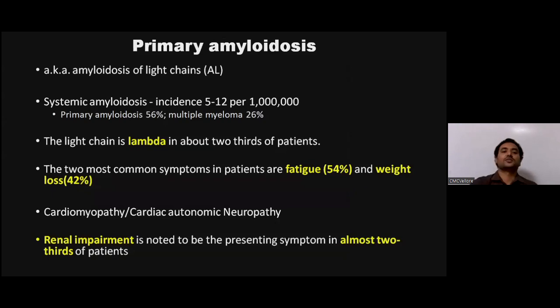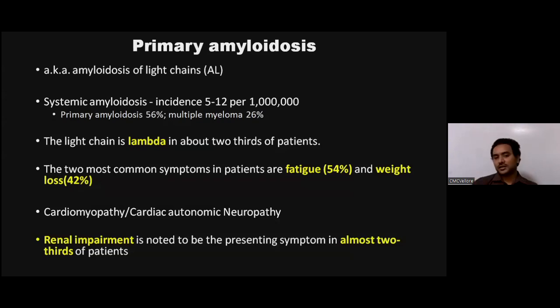So, primary amyloidosis is known as AL amyloid. Usually systemic amyloidosis has an incidence of 5 to 12 in 1 million. The most common light chain is the lambda light chain. The most common symptoms in primary amyloidosis were fatigue and weight loss. So regarding the paraproteinemic and neurologist point of view, we should be aware that